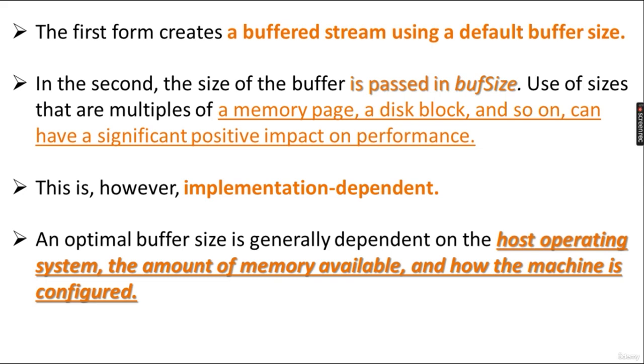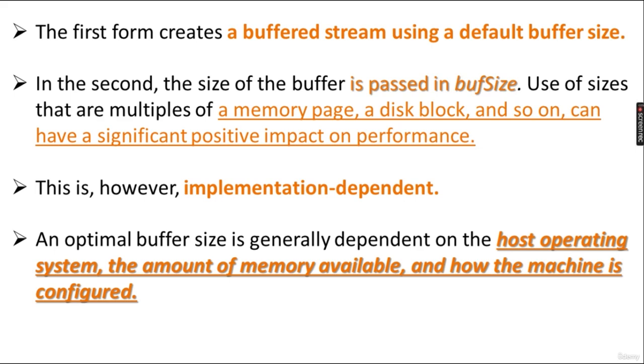Use of sizes that are multiples of memory page, disk block and so on can have a significant positive impact on performance. So intentionally you can pass a buffer size that is a multiple of these, and if you specify a buffer size in multiples of this, it will have a more positive impact on your performance. Your time will be reduced drastically. Okay, it is implementation dependent,